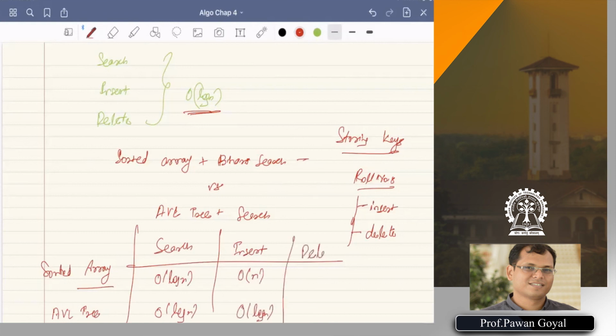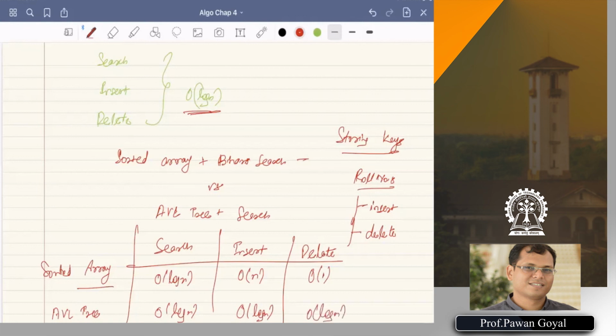But in an AVL tree, I can do that in O(log n) time. What happens with delete? Now delete is something you can argue that in a sorted array I won't shift, I just remove that particular value. Yes, I can do it in O(1). Remove that from the array, replace it by some flag saying that it does not exist, and don't shift. In an AVL tree you have O(log n), right?